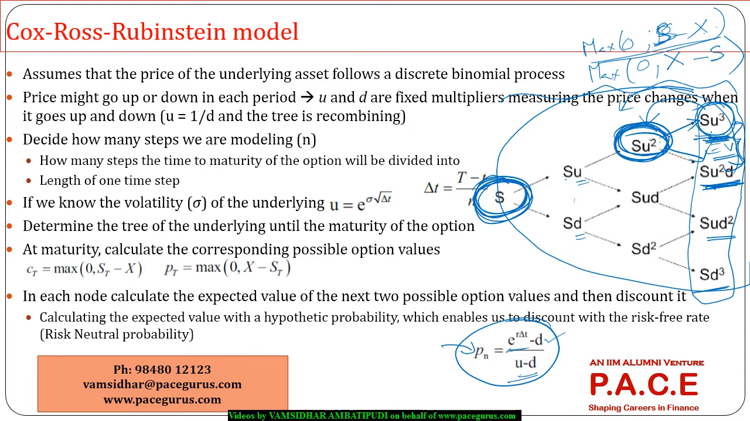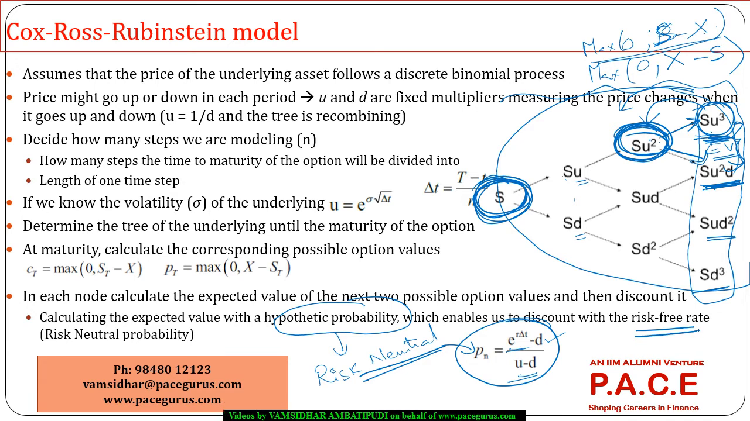Here the probability that the price will go up versus the probability that the price will go down. Here we won't take the real world probability, we take a hypothetical probability which is otherwise called a risk neutral probability. I am not getting into the mathematics of this. So we'll take a risk neutral probability which really helps us to not fight over what discount rate